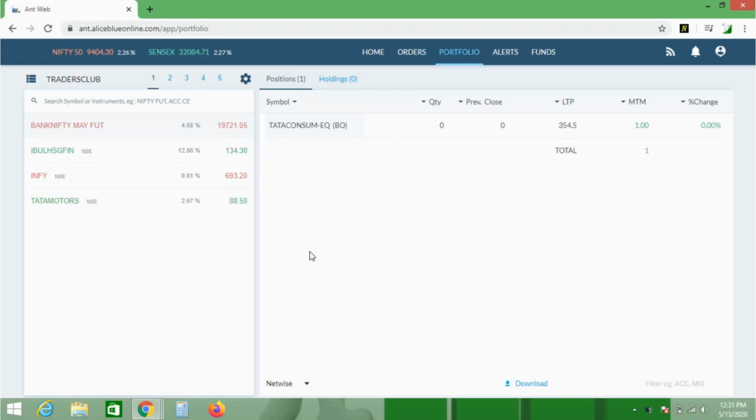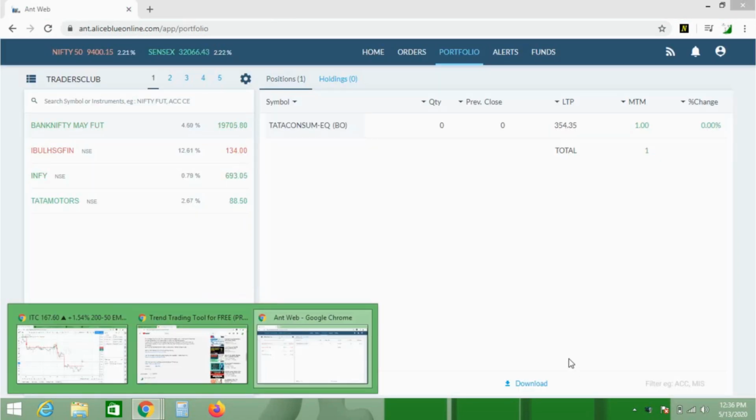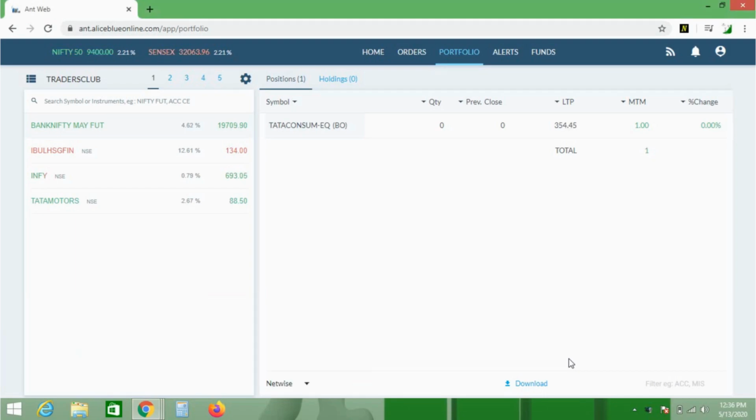Okay guys, so I already explained how easily you can do algo trading. It's nothing big. All you need is the bot subscription and follow the procedures, and please use our referral link to open an account.